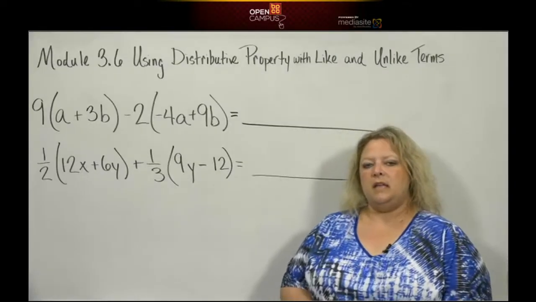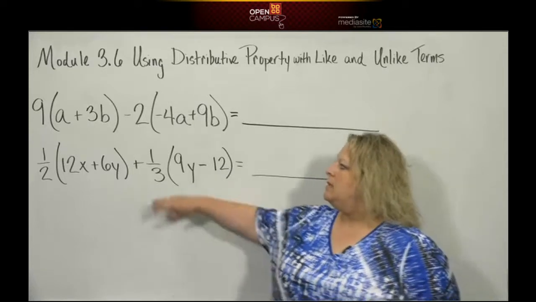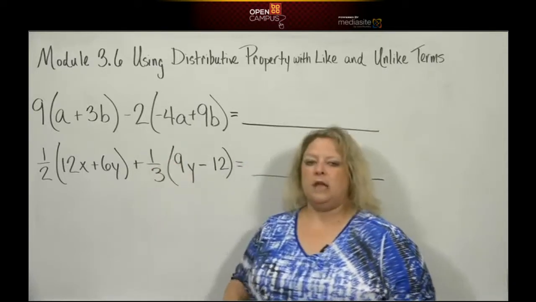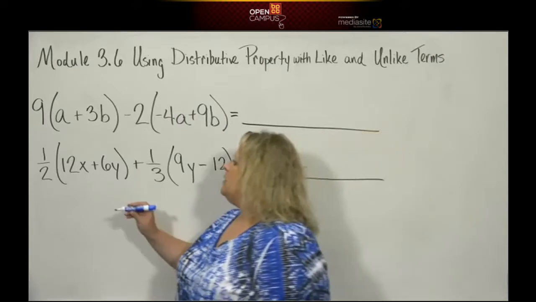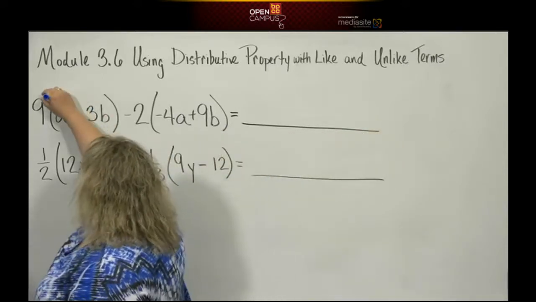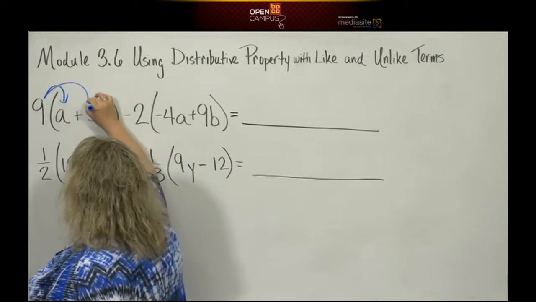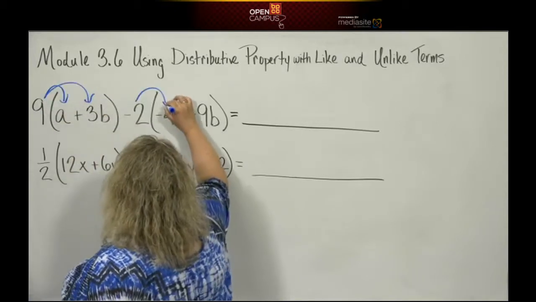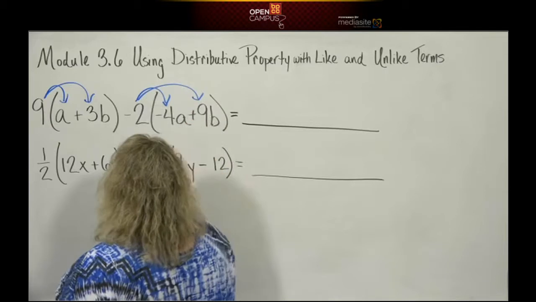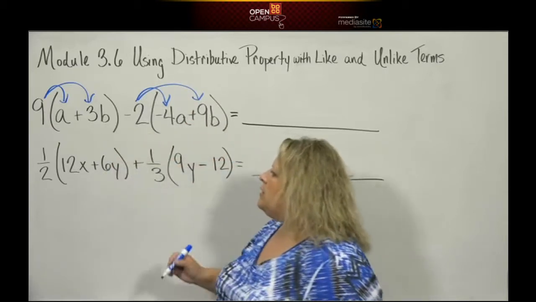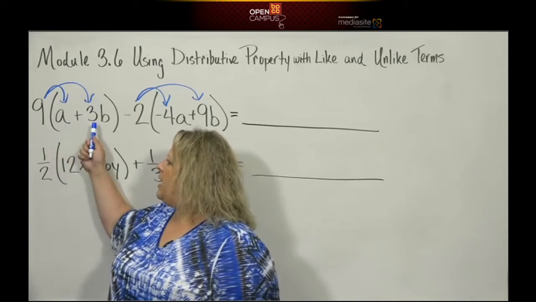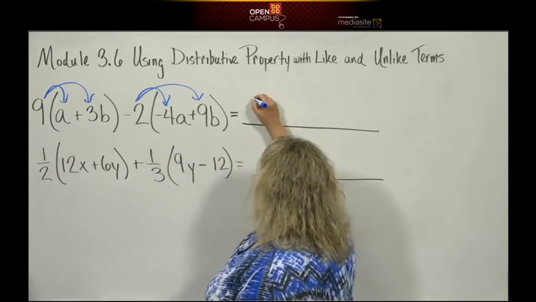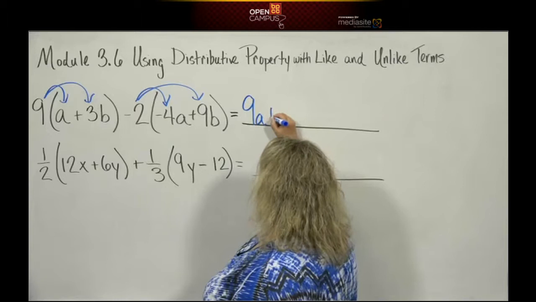This is the end of Module 3.6, Distributive Property with like and unlike terms. So let's finish this up. In the previous one, we talked about doing distributive property, which means getting rid of those parentheses, the grouping symbols. So in this problem, we're going to take our 9 and multiply it to A and to 3B. So that would be 9A plus